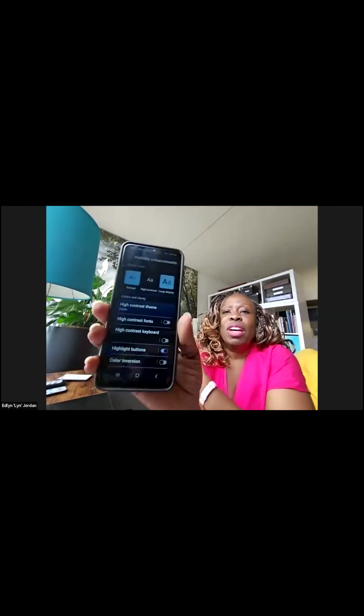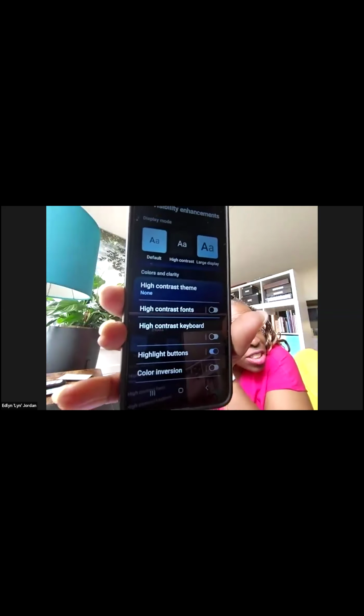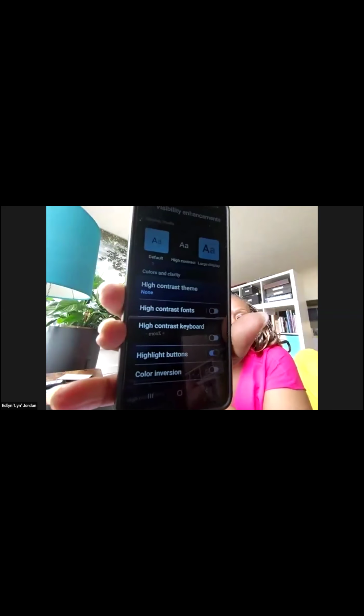So I don't know if you can see my screen. I'm holding it up to the camera, but the words are now larger. So I can see them a little better now. Okay, so we've got that one thing enabled, and that should carry over into your other screens as well. The changes that we're making here should show on the phone when we go back to our regular screen. You pull up the internet, it should hopefully be a bit larger.